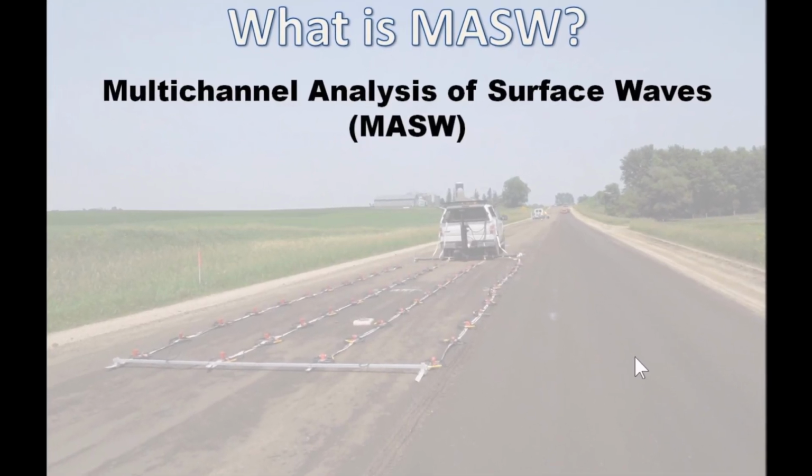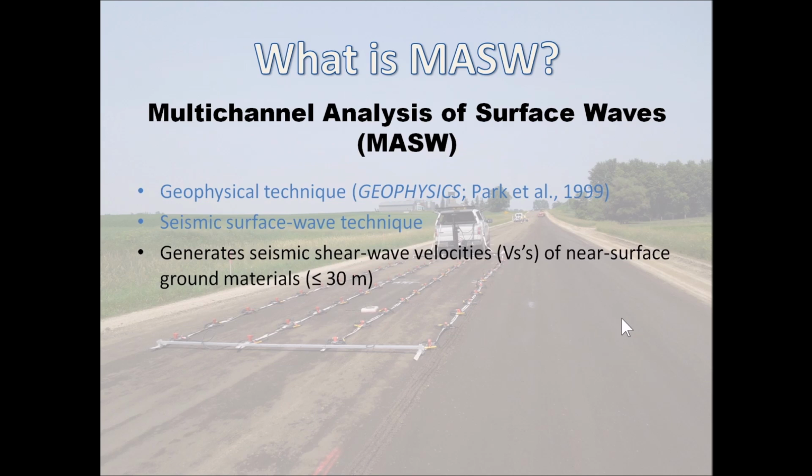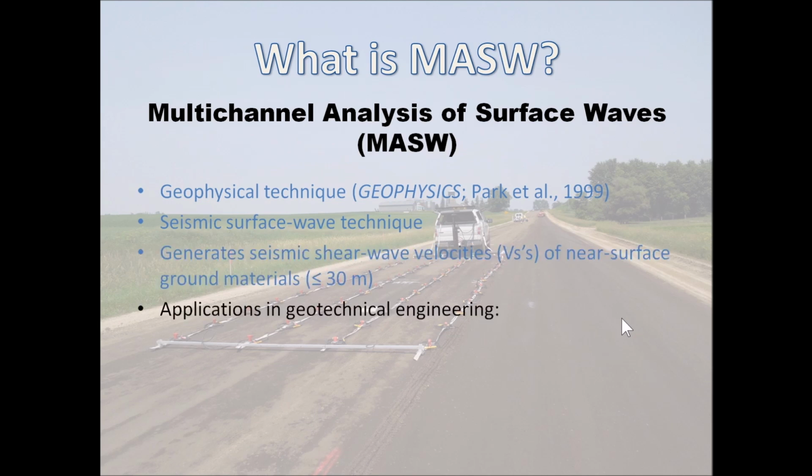MASW stands for Multi-Channel Analysis of Surface Waves. It is a geophysical technique, and its original technical contents were published in Journal Geophysics in 1999. It is a seismic surface wave technique to generate shear wave velocities of near-surface ground materials, usually shallower than 30 meters. It has applications mainly in geotechnical engineering, such as seismic site characterization, also known as a VS30 measurement,